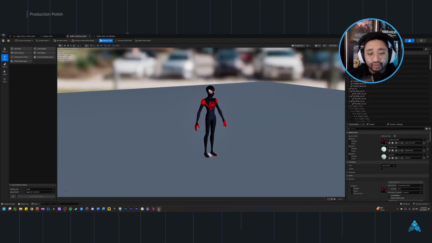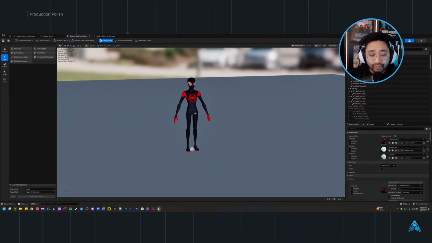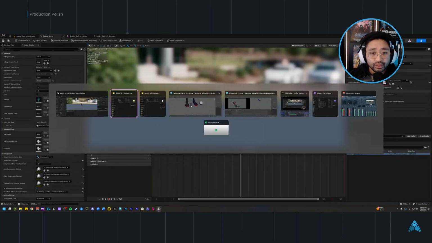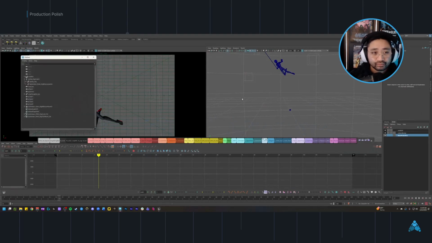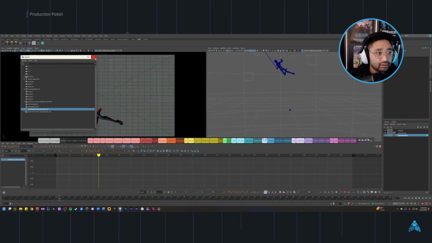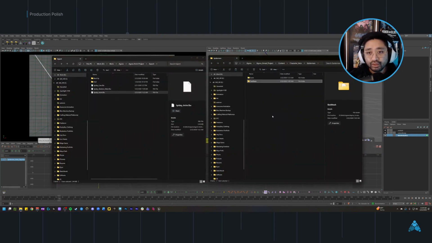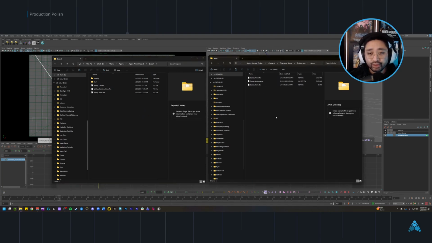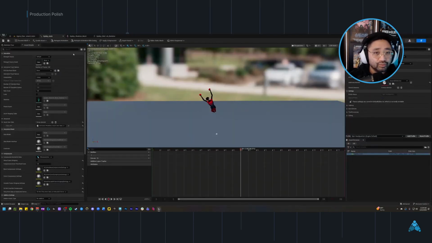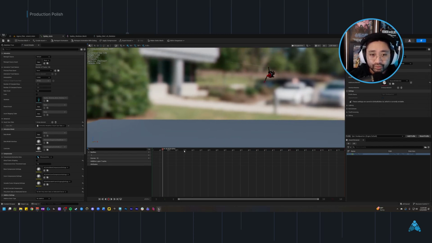And then after I knew that I got my skeleton mesh updated, I needed to update my animation, right? So same thing through here. I went in and selected my anim export set. I exported selection in FBX just like I normally would. I replaced this FBX from my Maya project to my Unreal project, and then I hit re-import. And then you can see now that the web is updated properly,